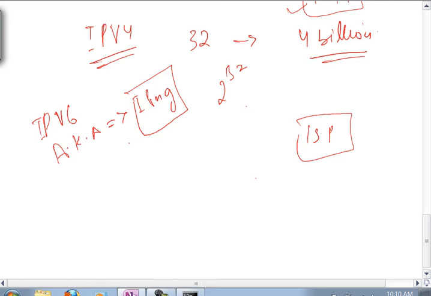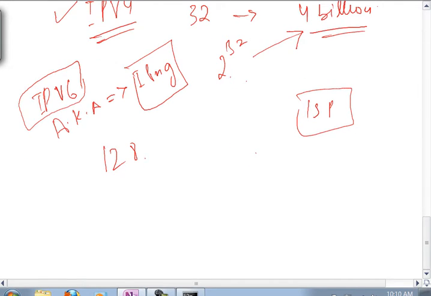If you look at the TCP/IP software you have today, it already has IPv6 in it, but it is not being used right now. Right now we are using IPv4, but the future is with IPv6 because it has 128 bits. How much? 128 bits is a huge number. If 32 bits, 2 to the power 32, gives 4 billion, then 128 bits will give you